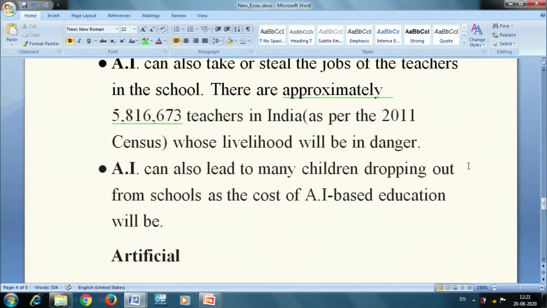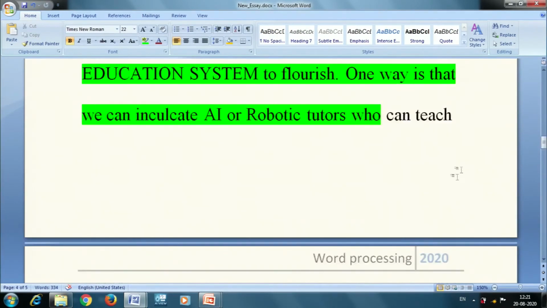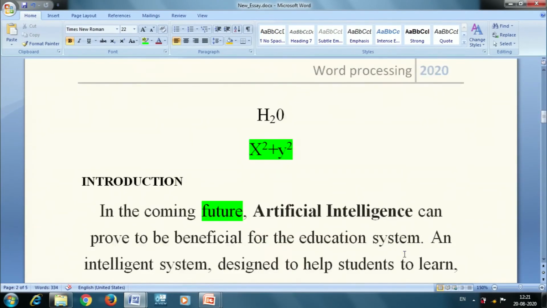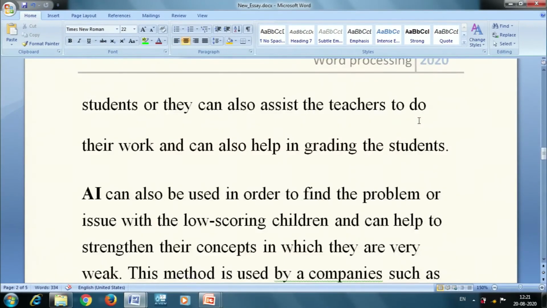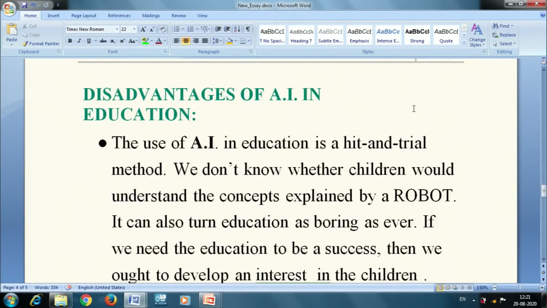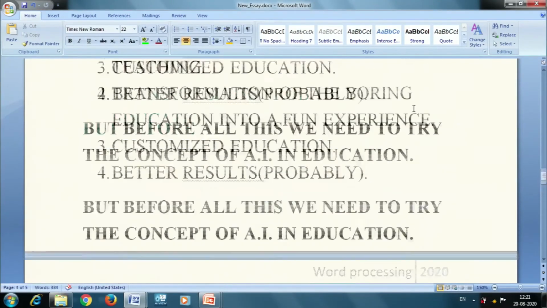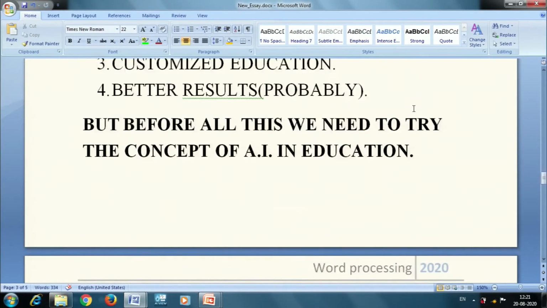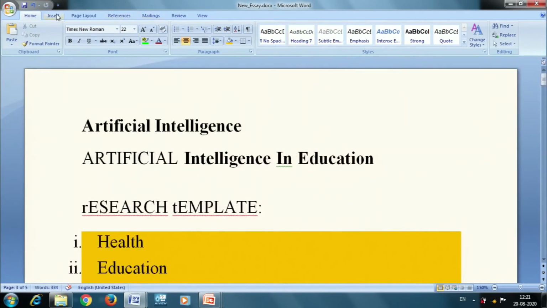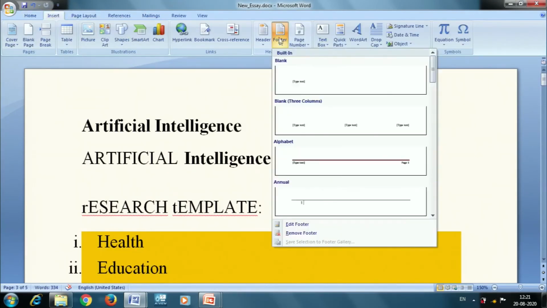Now we will go back to the other pages. It is there in page number 2 also, it is getting displayed. So, it is there in all the pages. Once I have inserted the header, I can see it in other pages as well. So, I can insert footer. In the footer, I am choosing the option alphabet.